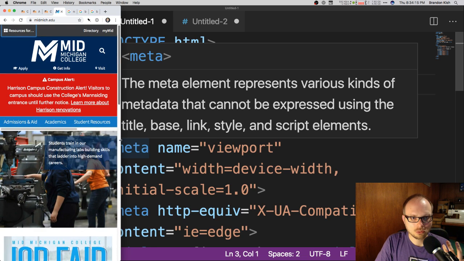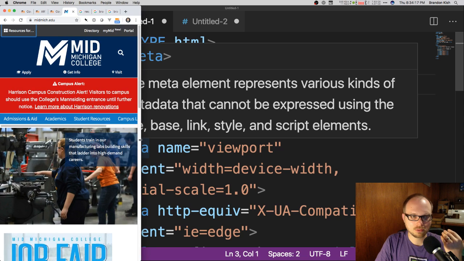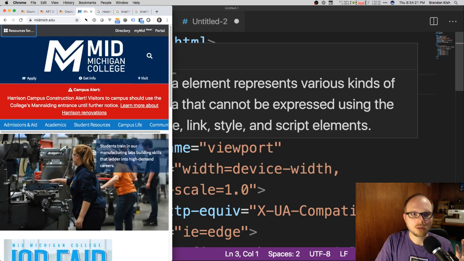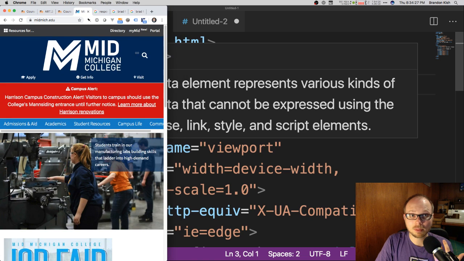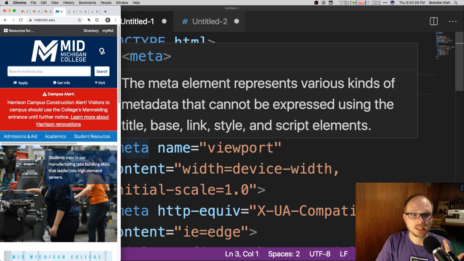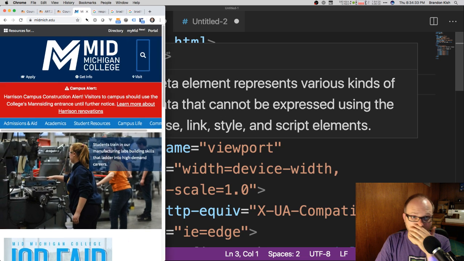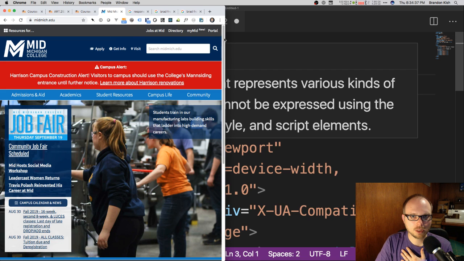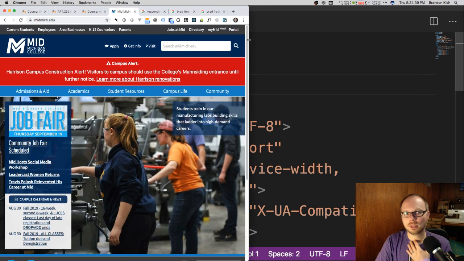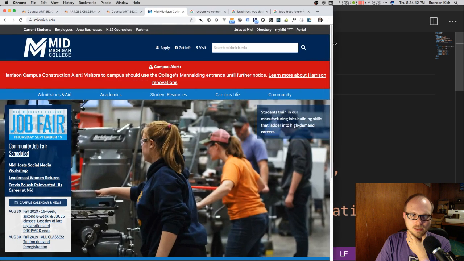Now, as I resize this and more space becomes available, you'll see that the logo, which is centered on mobile, gets pushed off to the side when there's room for links in the search bar to appear from it. And the search bar itself is a good example because that's hidden on mobile. You have to actually tap to get the mobile search form to appear. On desktop and tablet, there is room for that. And the last thing that I'll point out is that this nav bar, a whole lot of links appear suddenly when you get to the desktop sizes.